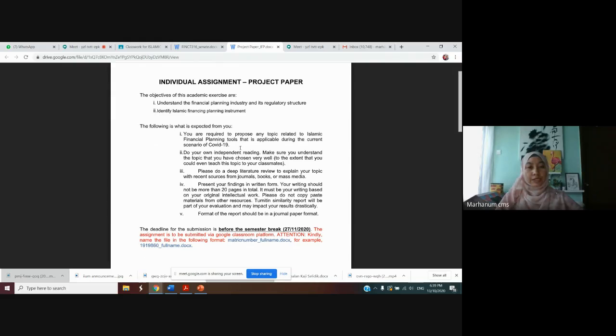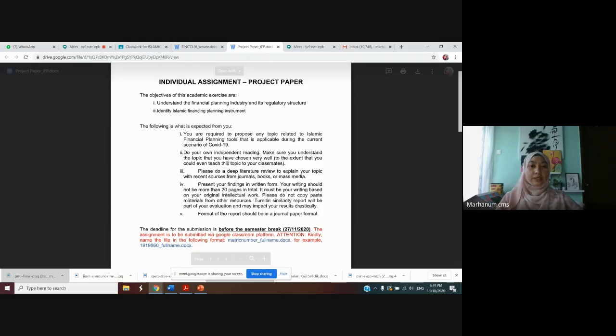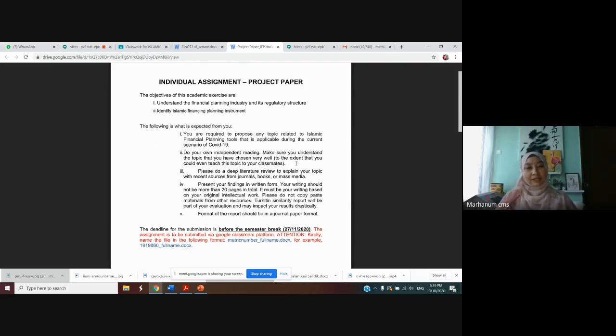Okay, for financial planning, do your own independent reading. Make sure you understand the topic that you have chosen very well, and that you could even teach this topic to your classmates. Jadi expertise lah maksudnya. Please do a deep literature review to explain your topic with recent sources from journals, books